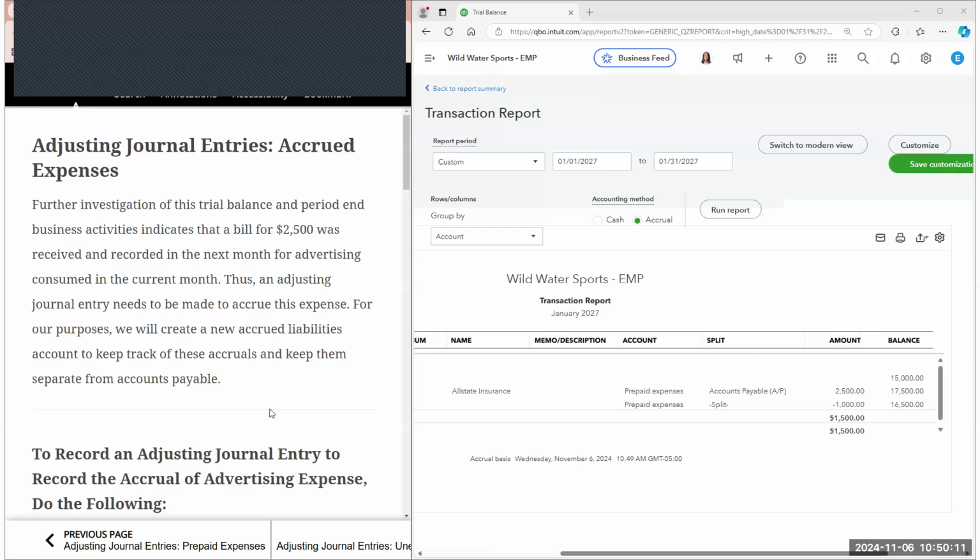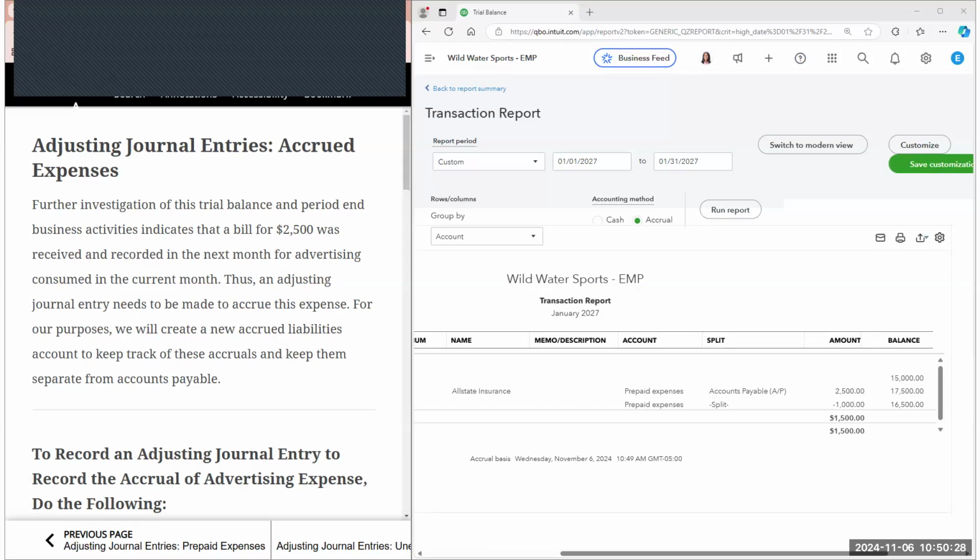In this section, we're going to focus on accrued expenses. So these are essentially expenses that were incurred. We just didn't pay for them yet. So think of it like a phone bill, right? You get the phone bill in the month of November, and they are essentially billing you for the prior month